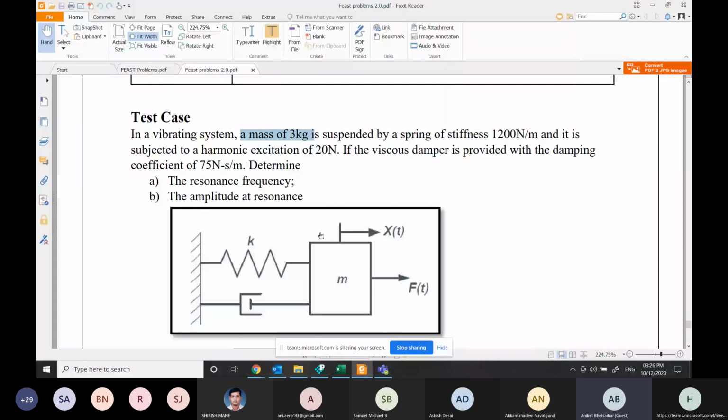Then go back to this PDF. Now we have the forcing function, that is harmonic excitation of 20 newtons we have to apply. So here you can see we have the force of 20 newtons that we are going to apply on the mass.